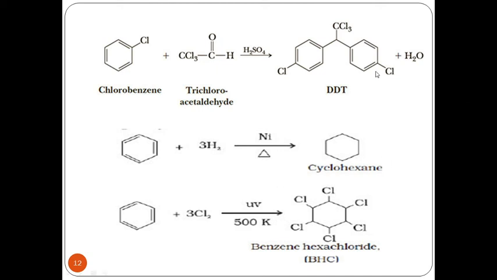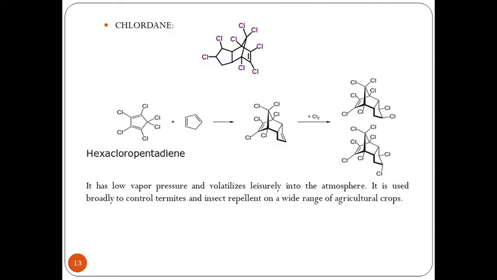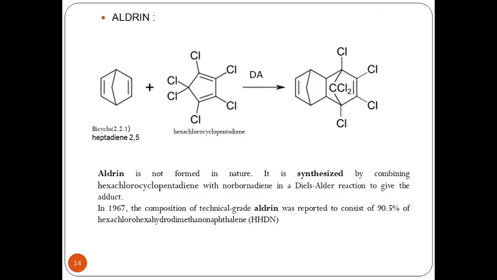Now, in the NMR of DDT, we can observe multiplets for the protons of the benzene ring. When I come to the BHC system, I can observe a singlet because of the protons on the cyclohexane system, and they will definitely be downfield. When I come to chlordane, I can observe a vinylic proton present over here, and this vinylic proton would show a downfield shift. Finally, in the aldrin system, we can easily observe protons which are aromatic in nature, and they might lie in the range of around 7 to 8.